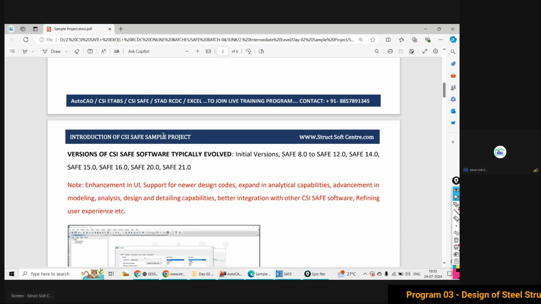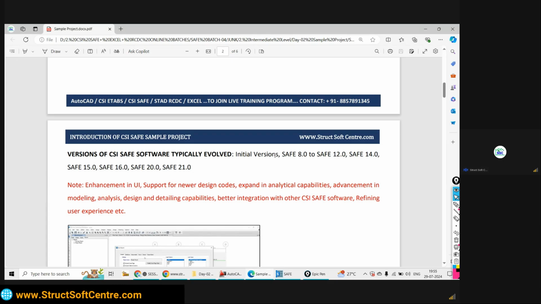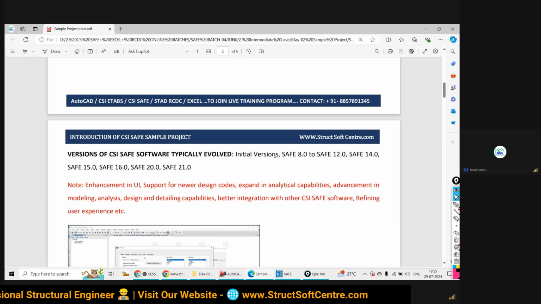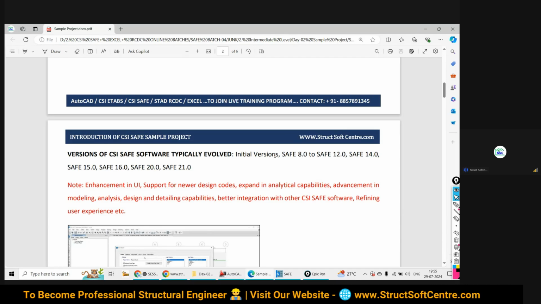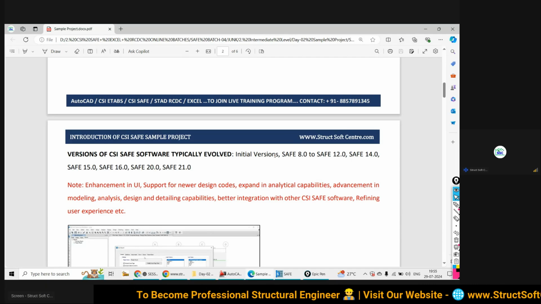If you look at CSI SAFE, initially it was a simple tool for analyzing plate elements and finding the stresses, with a very old type of user interface.